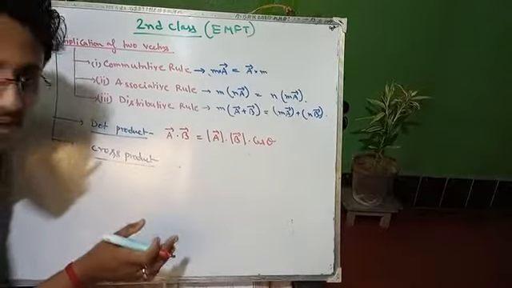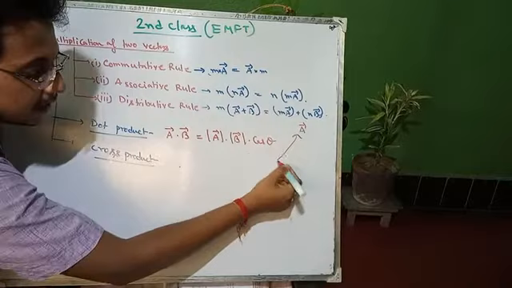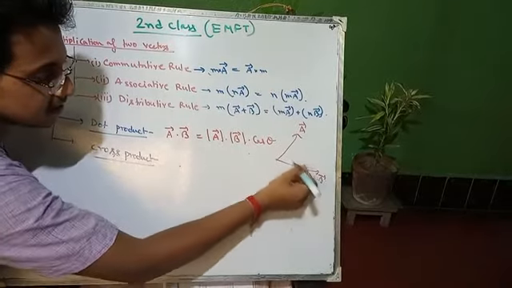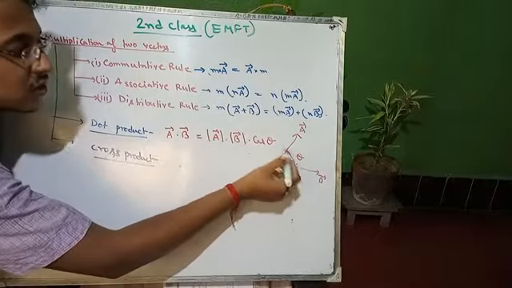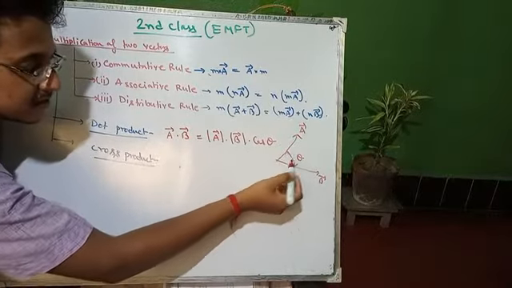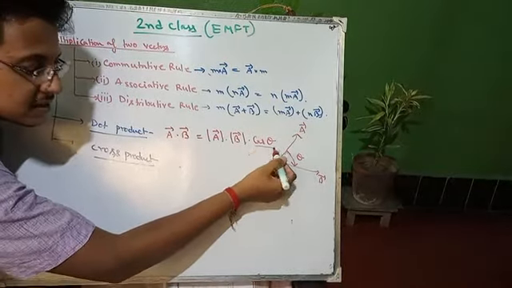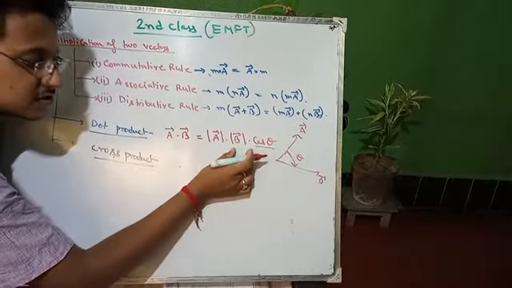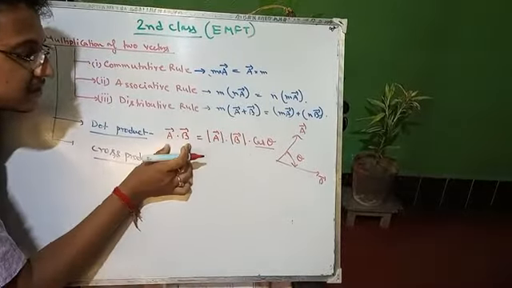So what is the cos theta? If we consider a vector looks like this and b vector looks like this, then the angle in between a and b will be assumed as theta, and taking the cosine of this angle theta, we get the cos theta. Then just multiply these magnitudes and the cos theta. So if we get the product, then it will be the dot product.